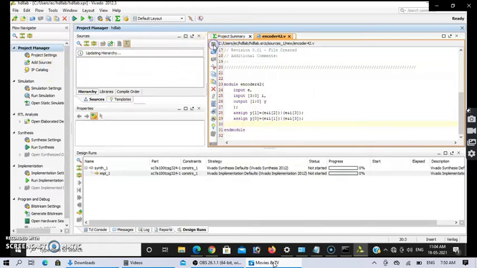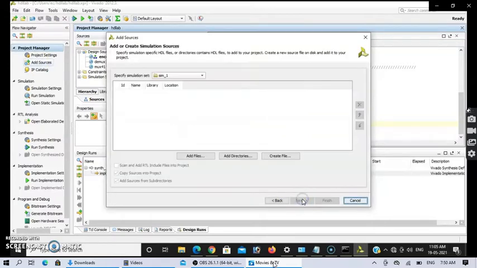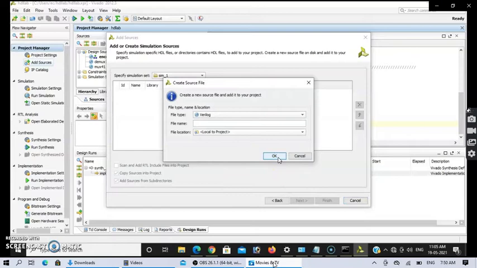Then we need to save the file. Whenever you type the code, save it. So the program part is over. Then how do you give the inputs? The enable signal along with I0, I1, I2, I3 need to be provided. To provide that, normally we will use the test bench, encoder 4 to 2 test bench TB, which indicates it is a test bench code.